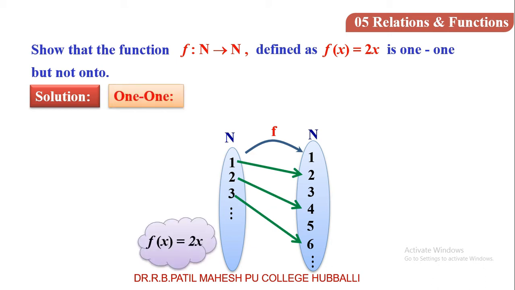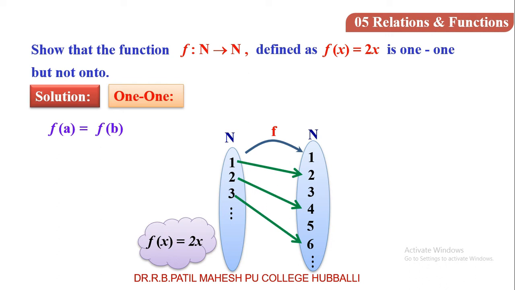f of x is equal to 2x. Let me take it in general, because I feel this function is going to be one-one, because 1, 2, 3, 4, 5 all will have an image, so all will have different images. All the elements will have images and all those images are different. No element will have the same image. That's why I will take it in the way that the images are equal.